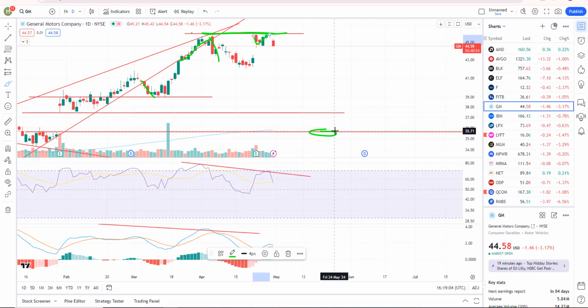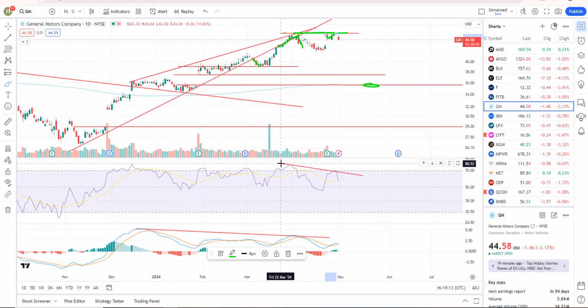So again, I think that's the top right there, and we're going to go on to make lower lows. Ultimately, I think we're heading, my target's right down here at 35, so that 35 or in change. So that one's still kind of playing out, but again, the earnings move was just a divergent high. They gapped it up into resistance and made negative divergence. So down we go, I believe.